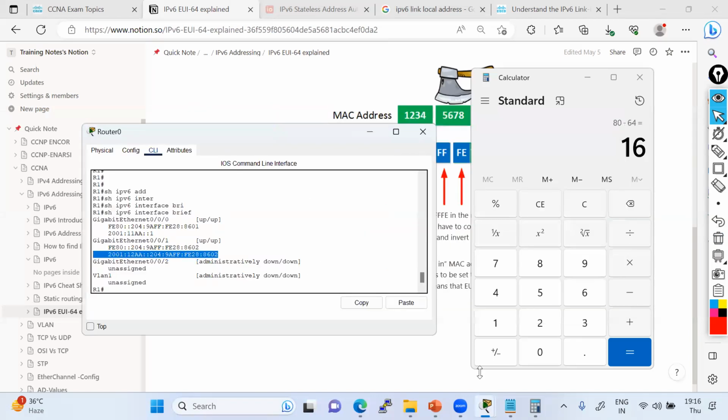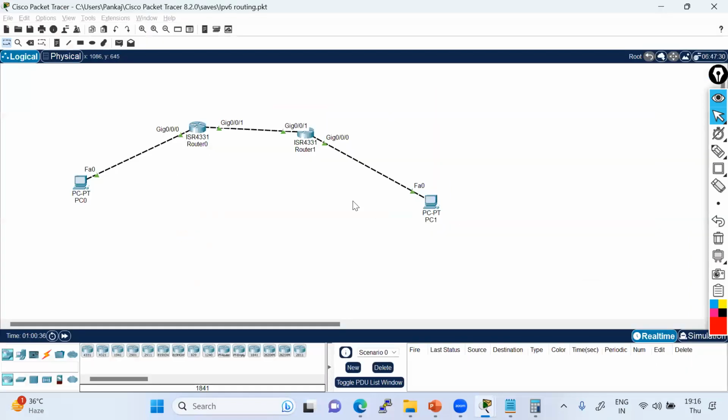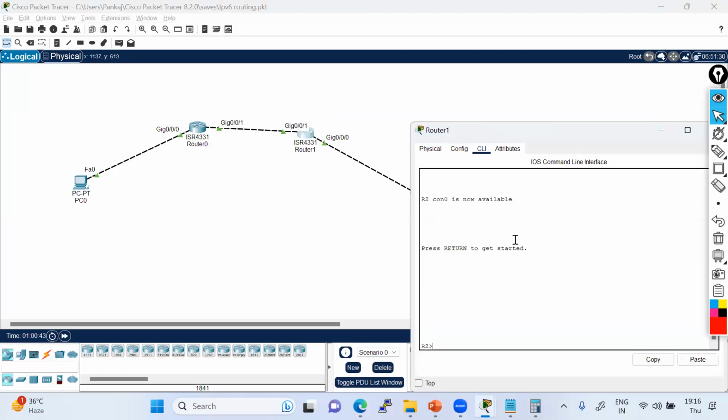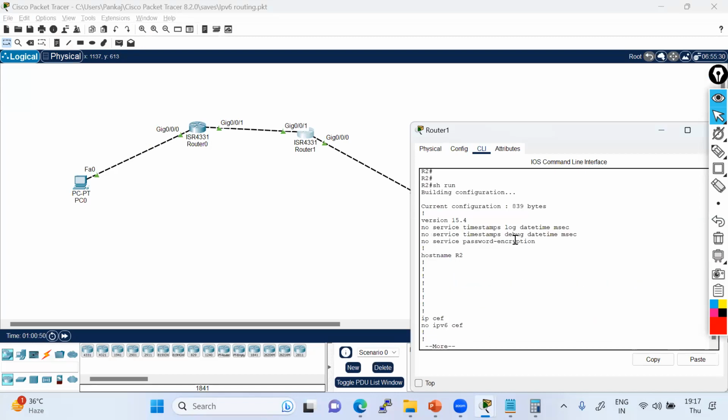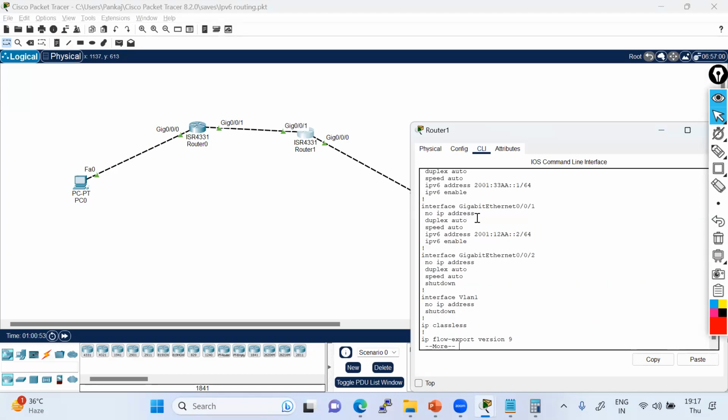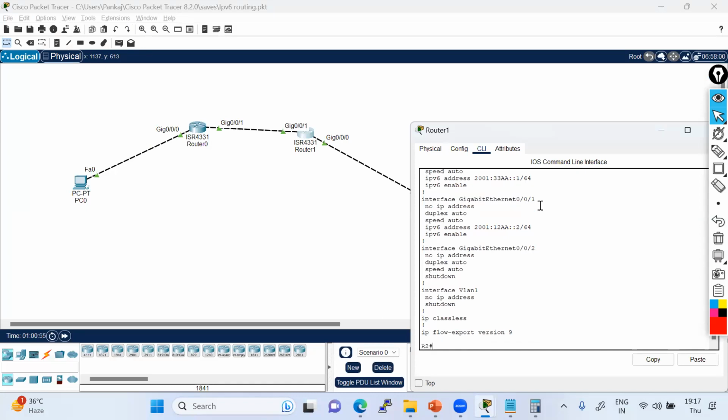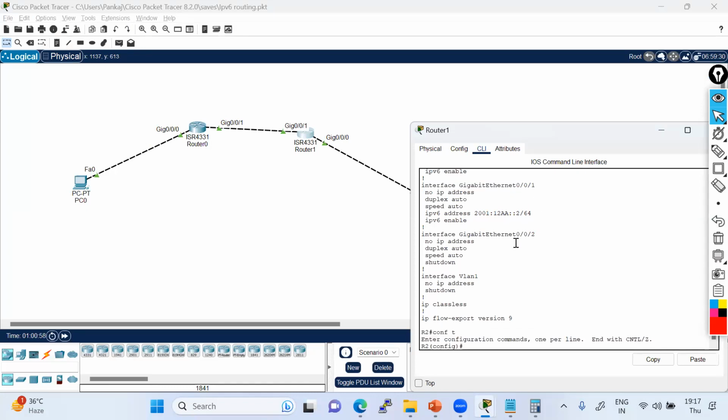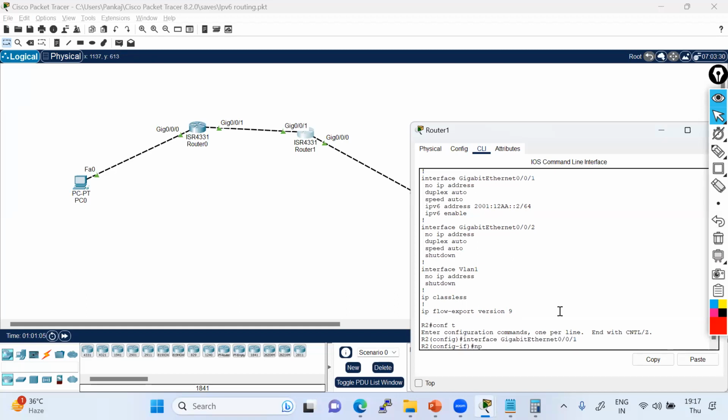Now I'm going to another router. What is my other router? So this is R1, right? R1. So again, I have to assign the IP address in a similar way. So let me just go on R1. Let me see the stored configuration. If I go to configuration 001, first let me remove the IP address which is available. This is the last thing we'll do, so that we are very clear about everything. Even though this is a part of CCNP, no need to worry. But I'm explaining because I thought you guys should know this.